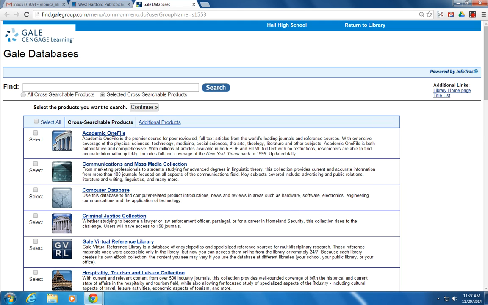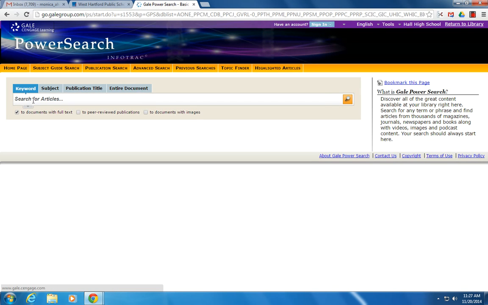Hi guys, today I'm going to show you how to search multiple Gale databases at once, and that is also called PowerSearch. And you can select specific databases from this list, or you can select all and click Continue. Once we're here, we're going to do a basic keyword search, which is the broadest type of search, and we're